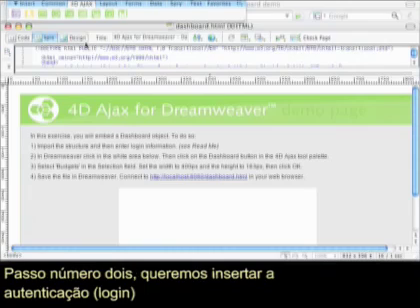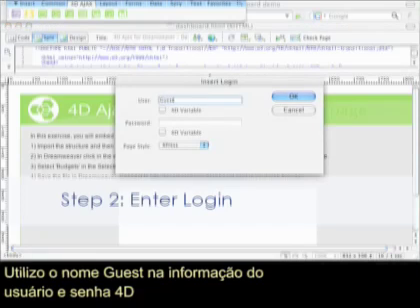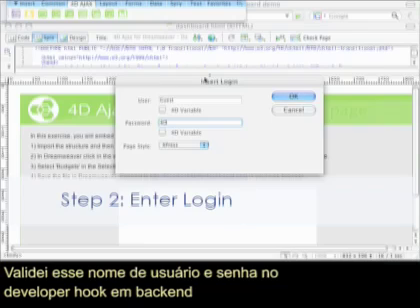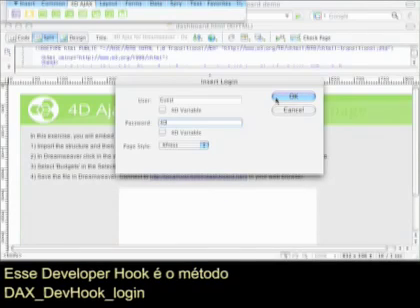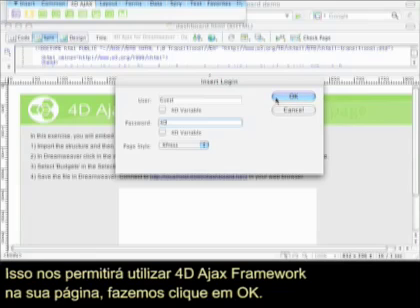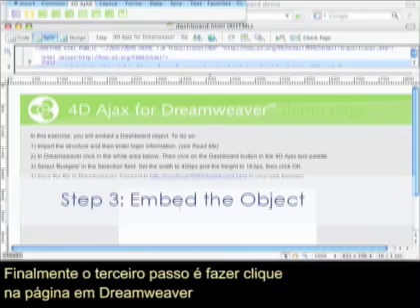Step number 2, we want to insert the login information. Right now, if I use a username guest and the password 4D, I know that I validated that username and password in a developer hook on the back end. That developer hook is a DAX dev hook login. So that will allow us to use 4D Ajax Framework on our page. So I'll hit OK. And finally, the third step is to just click on the page in Dreamweaver where I